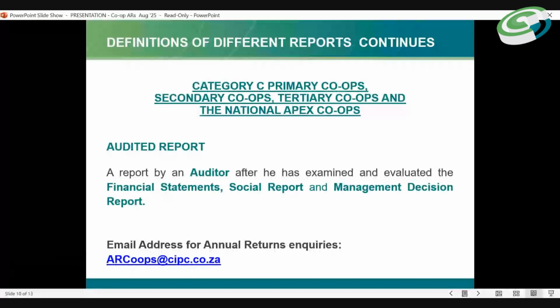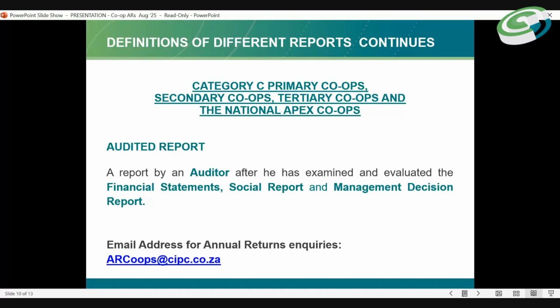In terms of Category C primary co-op, as we've also stated, they go together with secondary, tertiary, as well as the national apex; the auditor is the one that needs to compile these reports.